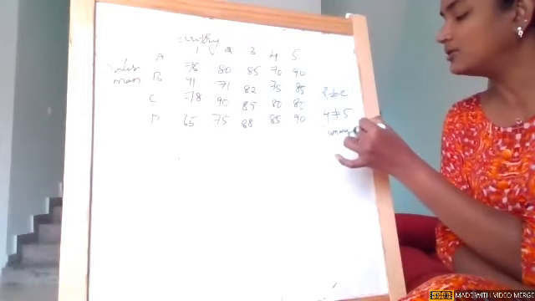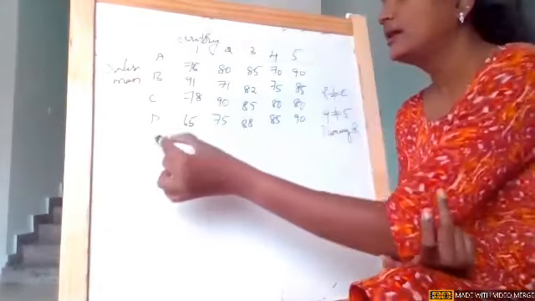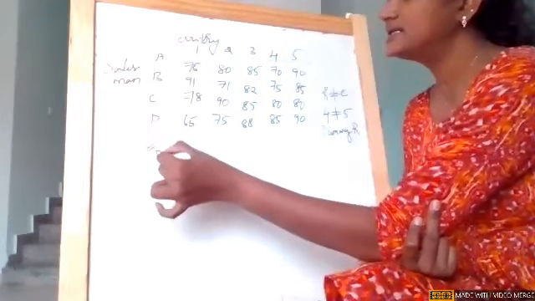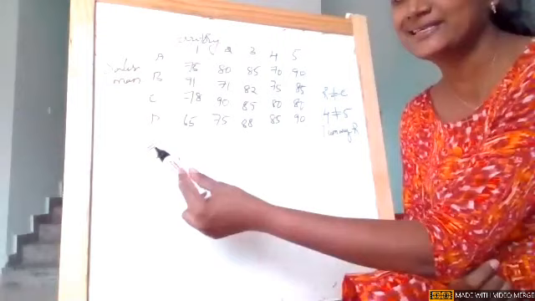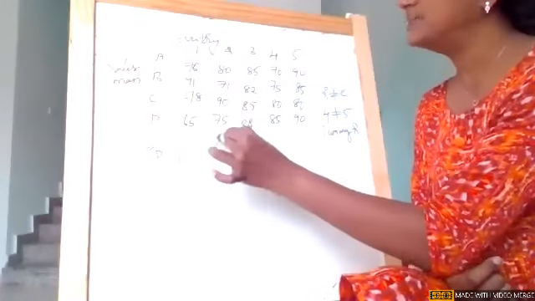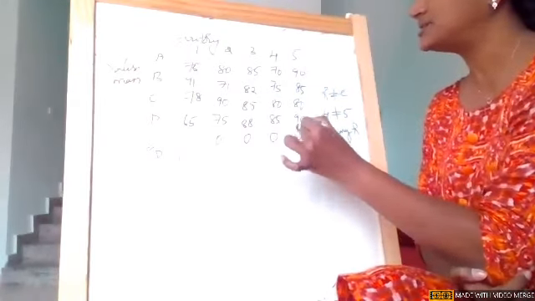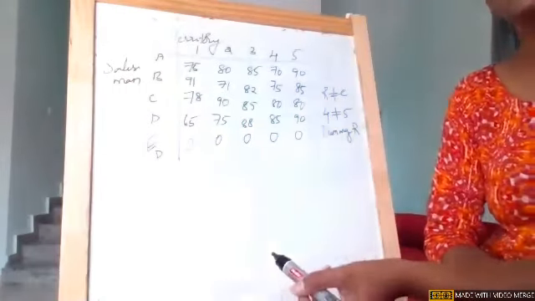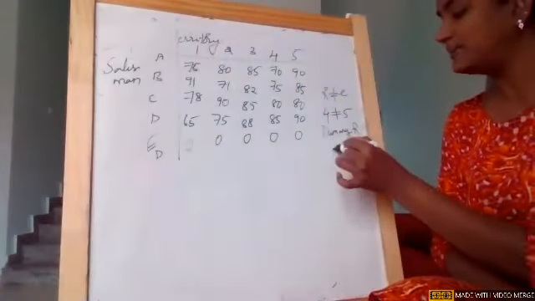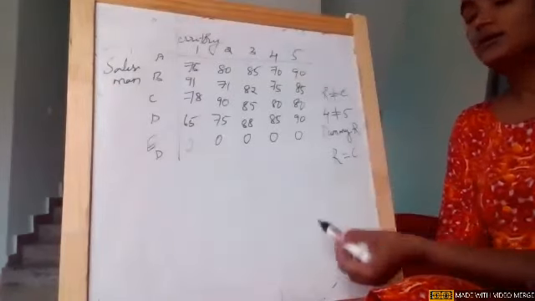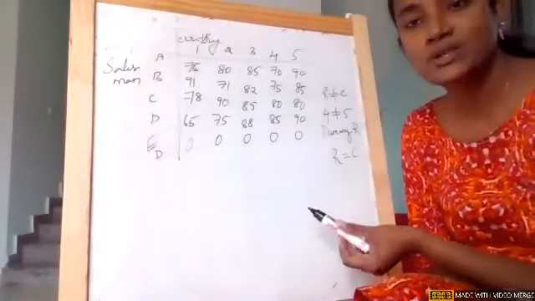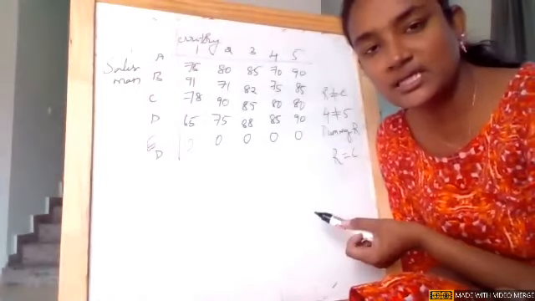Dummy row, very easy. You can name it E, as per my order. All the values will be 0 in that particular dummy row. That's it, that is the only thing. This is how you balance. Now, if you see my balanced matrix after inserting a dummy row, rows are equal to columns. Now I can proceed with the assignment.